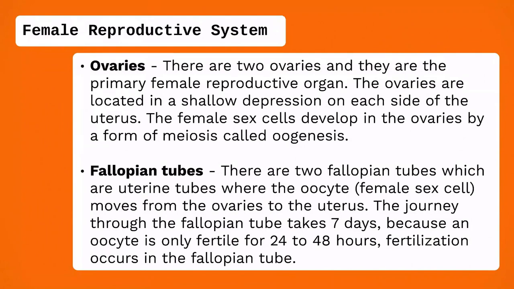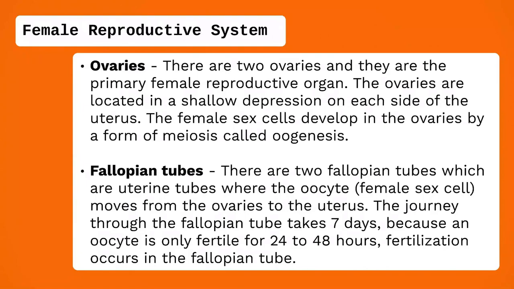So there are 2 ovaries, and they are the primary female reproductive organ. The ovaries are located in a shallow depression on each side of the uterus. The female sex cells develop in the ovaries by a form of meiosis called oogenesis. There are 2 fallopian tubes, which are uterine tubes, where the oocyte or female sex cell moves from the ovaries to the uterus. The journey from the fallopian tube does take about 7 days, and an oocyte is only fertile for 24 to 48 hours, so fertilization often